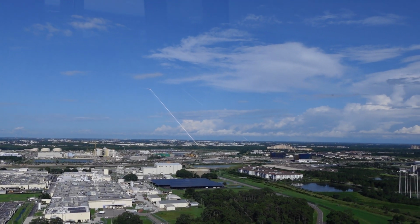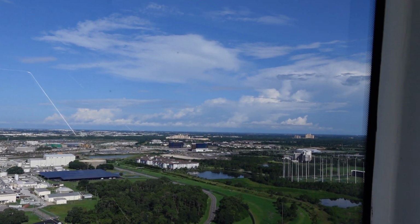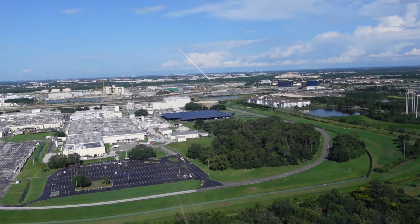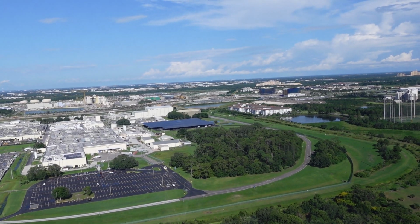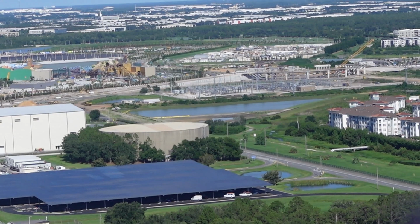Dr. Phillips is where you'll find Bay Hill Club and Lodge, host of the PGA Tour's Arnold Palmer Invitational. In 1974, golf's king bought the Bay Hill Club and made it into a luxury golf resort. PGA stars like Tiger Woods,